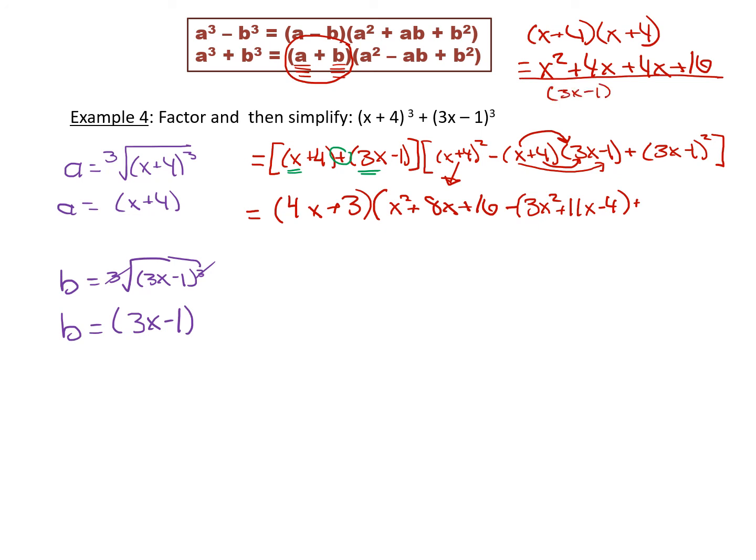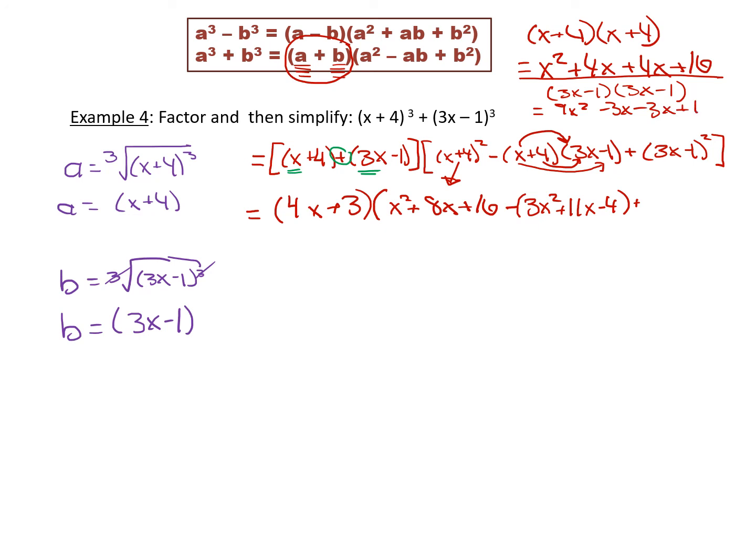3x minus 1 times 3x minus 1. You can't just make it 9x squared minus 1. If you're thinking that, that is a grade 10 error. You should not be making that error now. I will show you the distribution. You should get 9x squared minus 3x